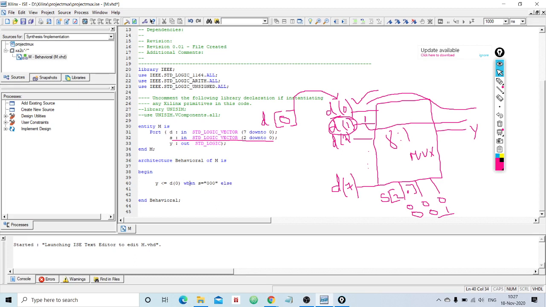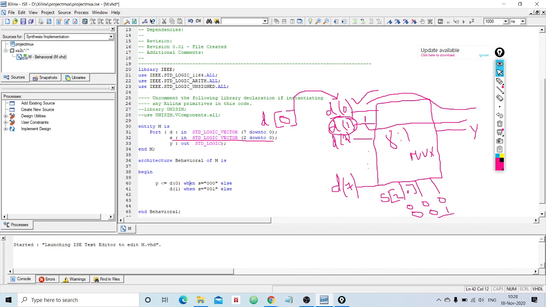Else y gets d of 1 when, I can continue like it here. For better understanding, I will write this in a new line. Remember, there is no rule that it should be in the same column. You can write it in a single line itself, but for better understanding I am putting it down here. Clear? d of 1 when the selection line has the value 001, right?